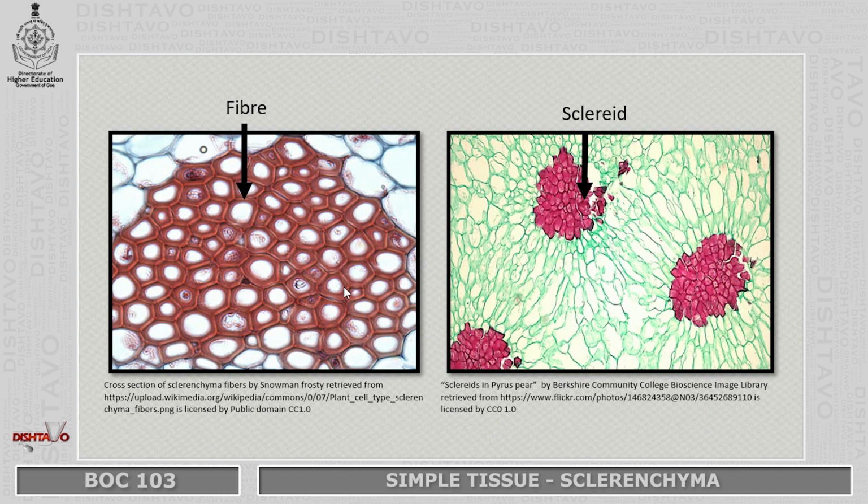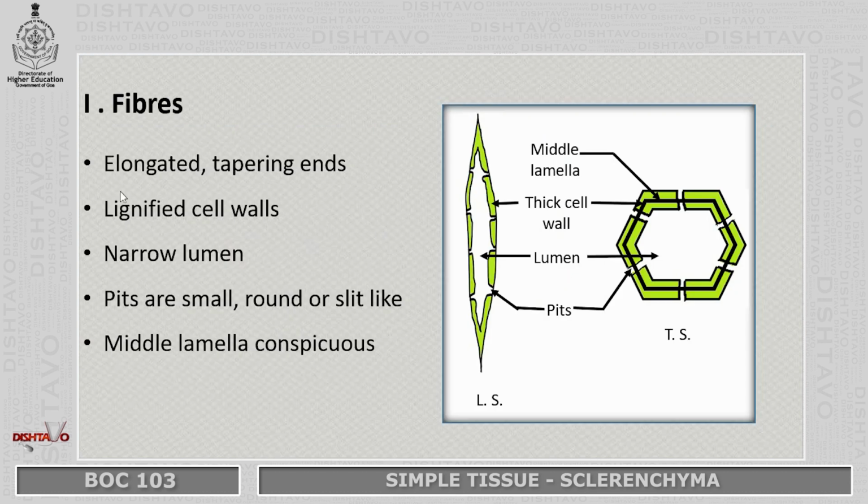Now in these pictures, you can see the actual fibers and the sclereid, how they appear in the transverse section. These are the fibers which are thickened and they stain very deeply when you stain them with safranin because they have the presence of lignin in them. And here also they have lignified walls and that's why they are staining dark with the safranin stain. Those are the sclereids.